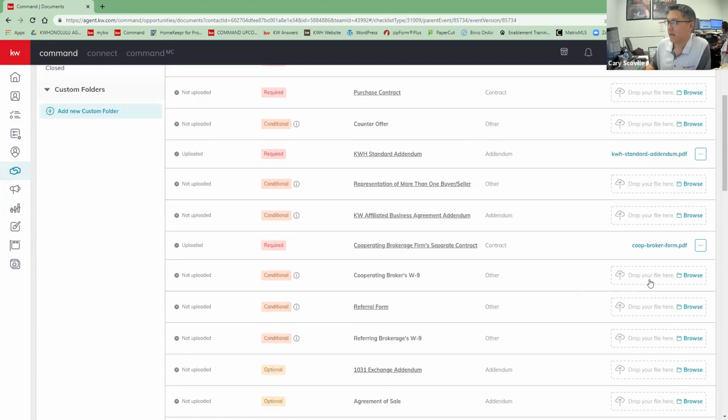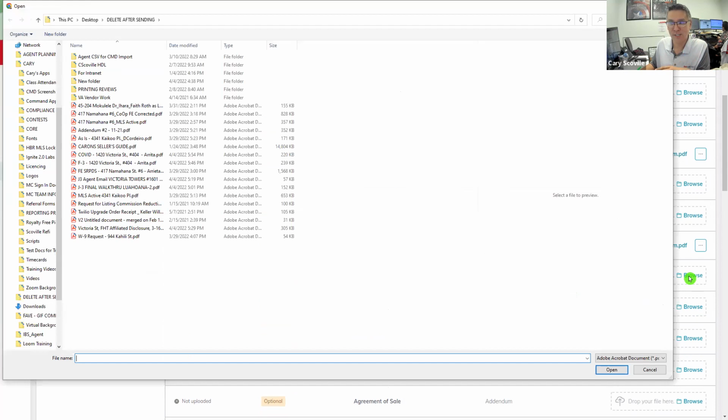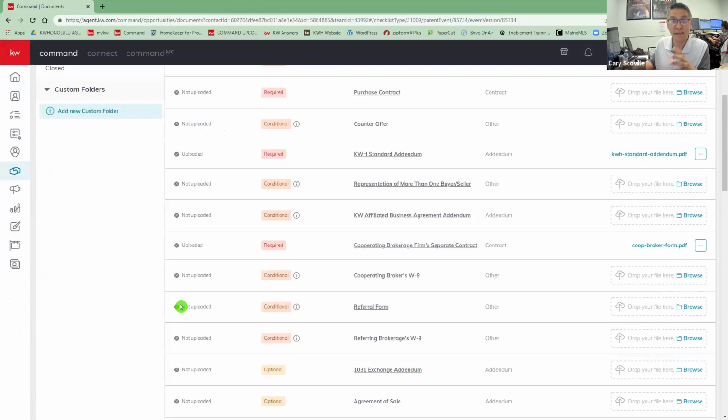So I like doing that. You'll have your documents on your computer. I know the Zoom doesn't allow my other window to show, but I like that better. Each transaction has a folder, and each folder has the documents as they come in. If you hit browse, it'll pull up everything on your computer, and then it'll close if you say open and you add the document, which is why I just have my transaction folder open in another window, and I'm just pulling what I need. Okay. Good question.